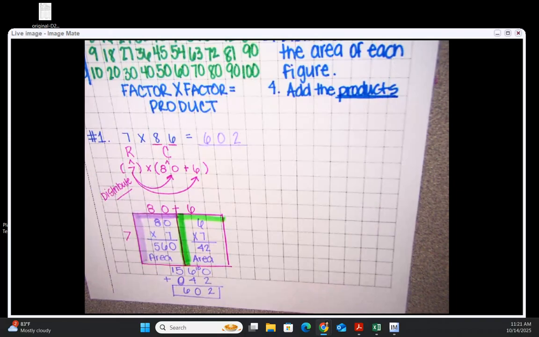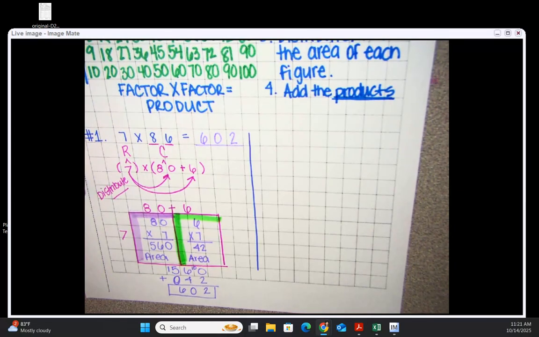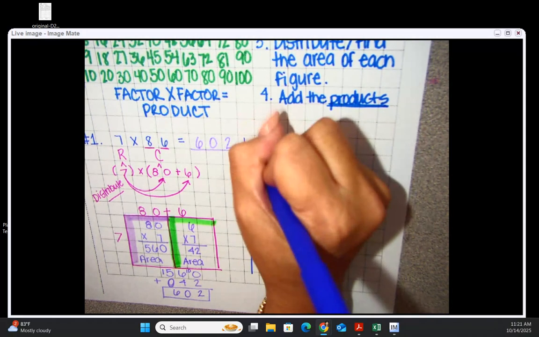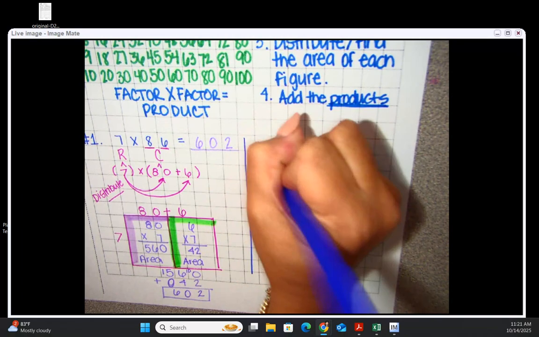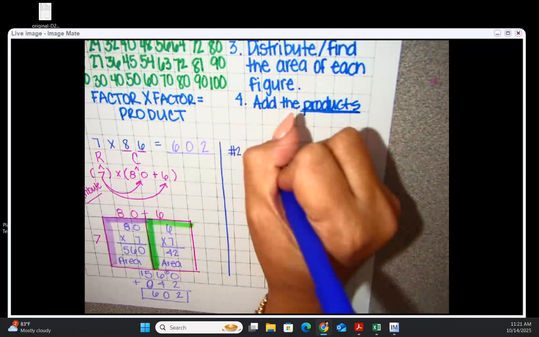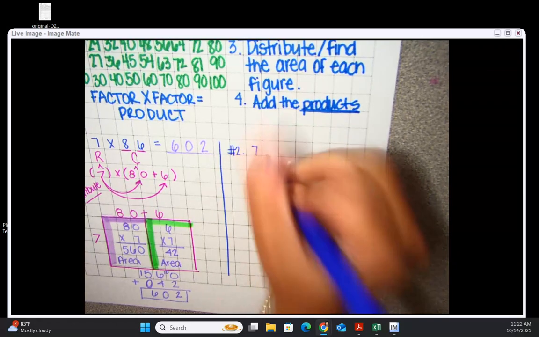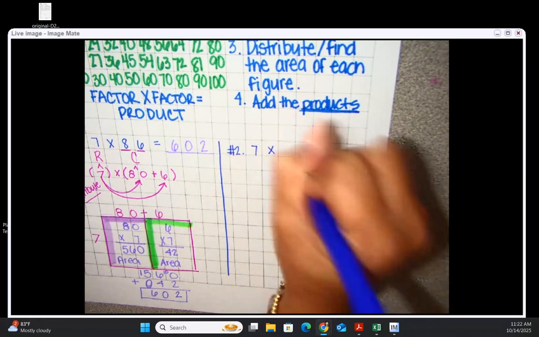Okay, I'm going to give you a minute to finish copying. Because if you can do the small numbers, you can do that. So what if, for example, number 2, we do, let's stick with the 7s because we already started with that times tables. 7 times